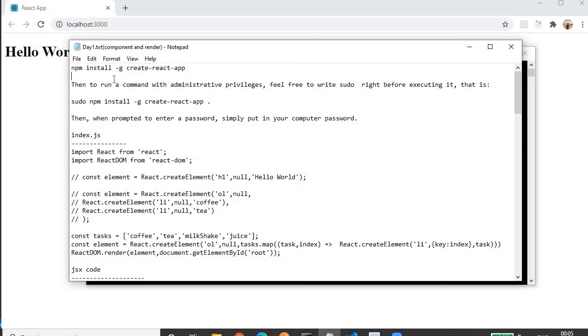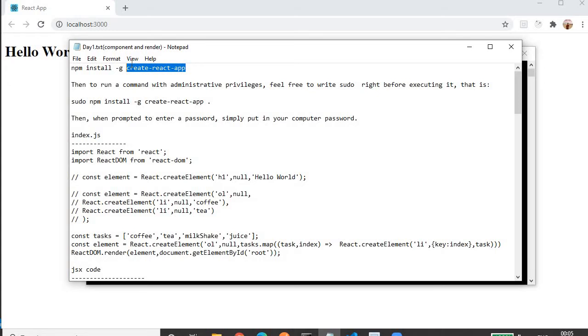Create React App helps us in creating our React project, and it will install all the dependencies like Babel, Webpack, and other React modules. This is created by Facebook, and it reduces the need of downloading and installing Babel and Webpack separately.